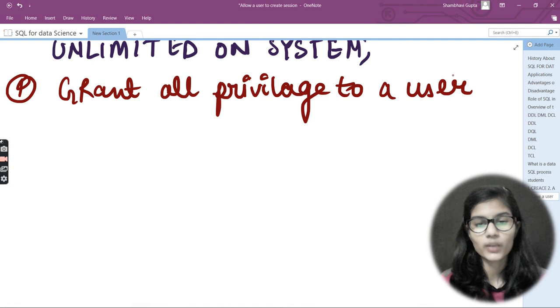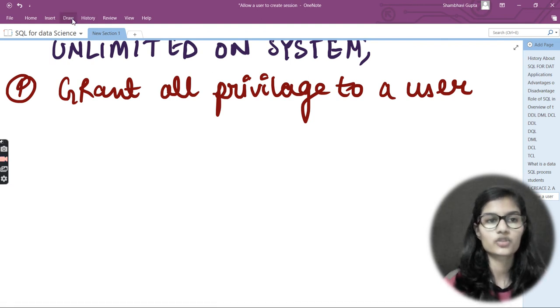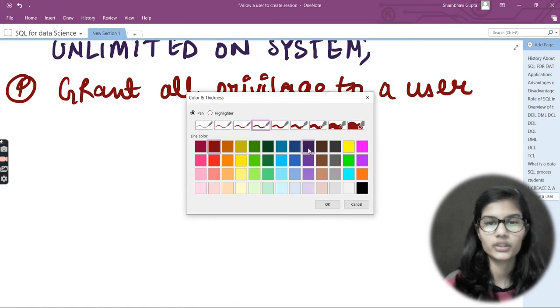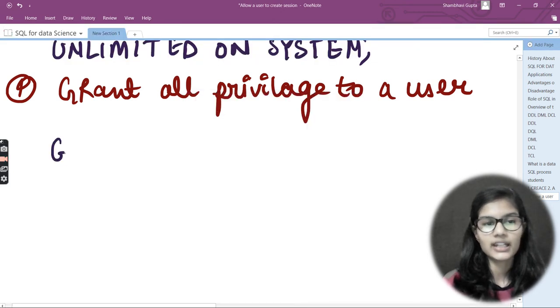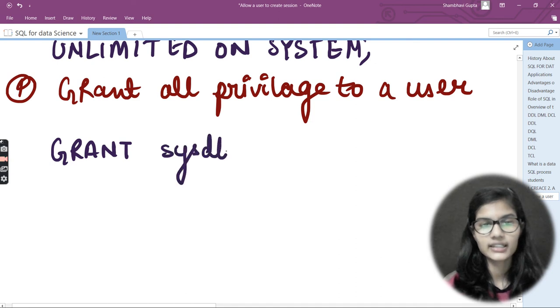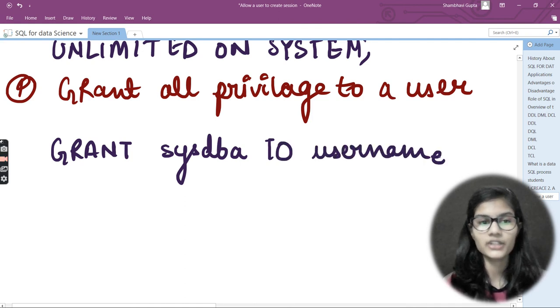So if we just want to provide all the privileges to any user, we can simply grant them the SYSDBA permission. The command is the same. Let me put on the color here so that we can proceed with the writing. So my command comes here, and first of all comes the grant function. So grant, after that we have SYSDBA, the same one which I mentioned, to, and here comes the username which you had already put on, right? So grant SYSDBA to username.